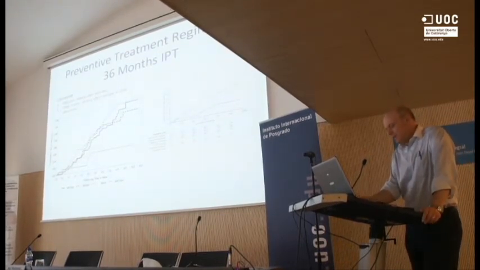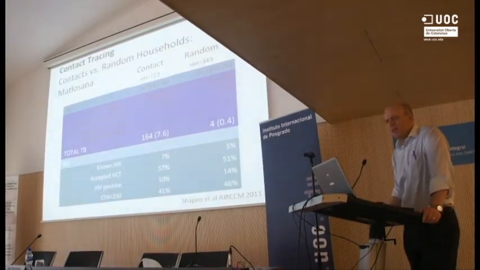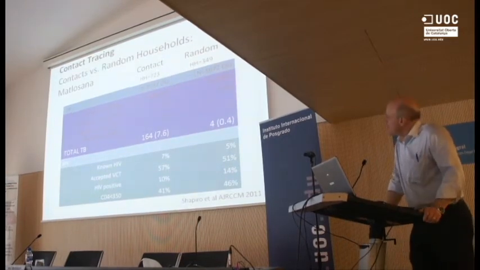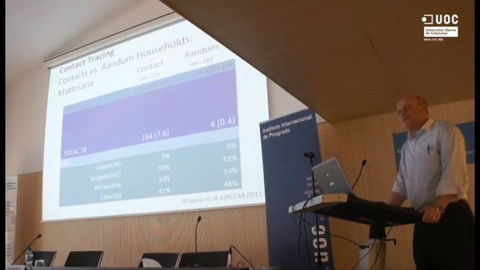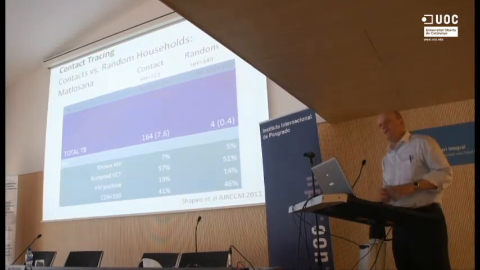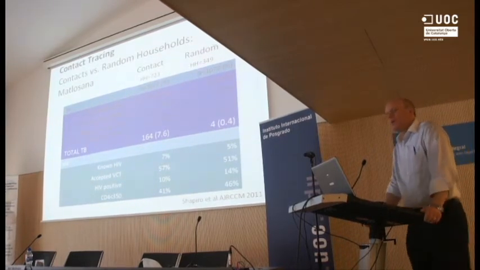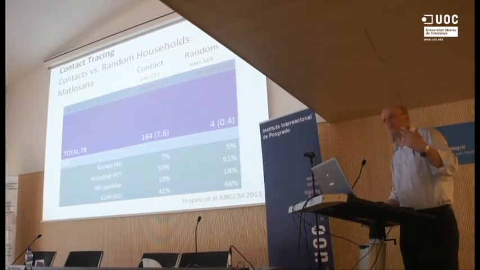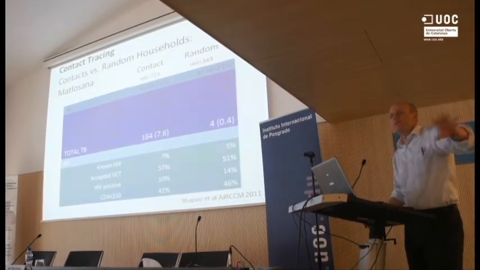Now, of course, there are issues of resistance and other things, but for the purpose of this talk, our prime discussion is about eradication. The other thing that we've looked at is contact tracing. Sorry, this slide doesn't project very well, but essentially what we did is we went to the houses of people who had been diagnosed with tuberculosis, either in the hospital or in one of the clinics, and we went to do contact tracing.